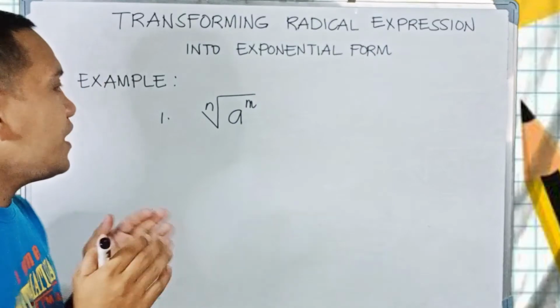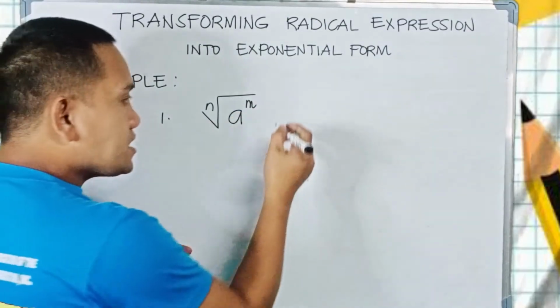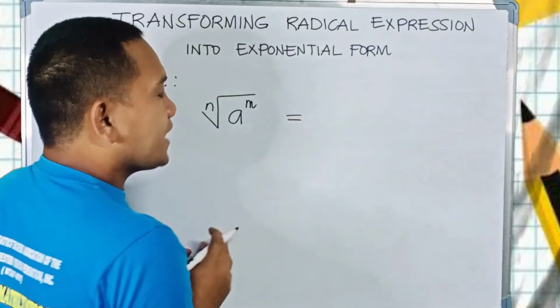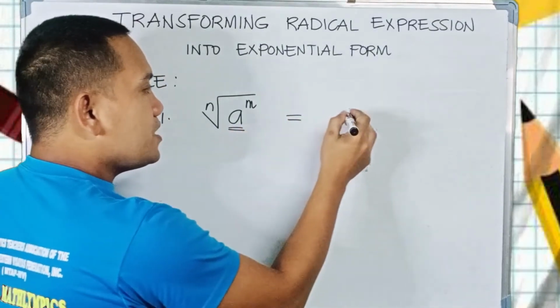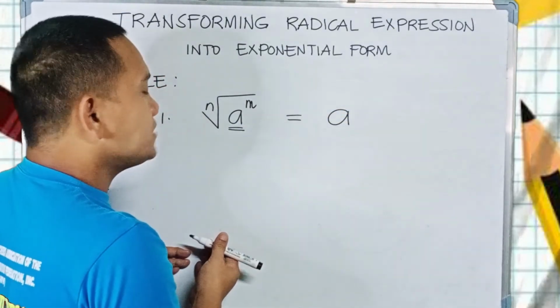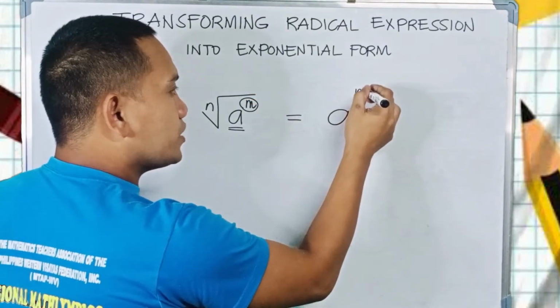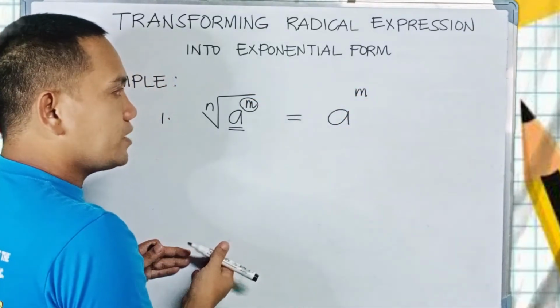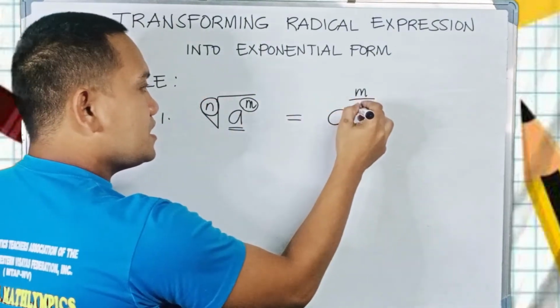So if we have nth root of a raised to m, it is considered that in writing this one into exponential form, our radicand will be the base of our expression with rational exponent. The exponent of our radicand will serve as the numerator of our rational exponent, and our index will be the